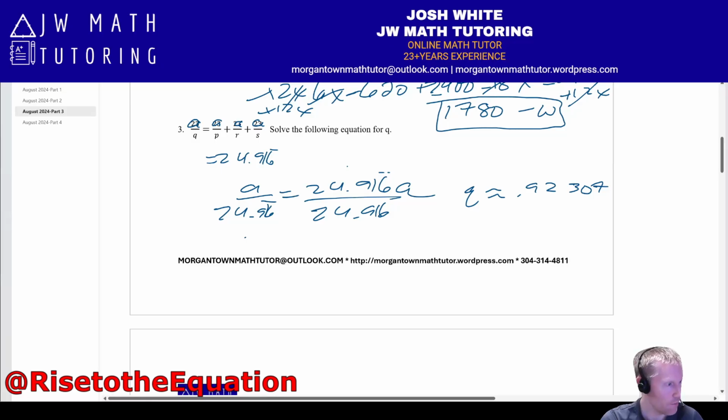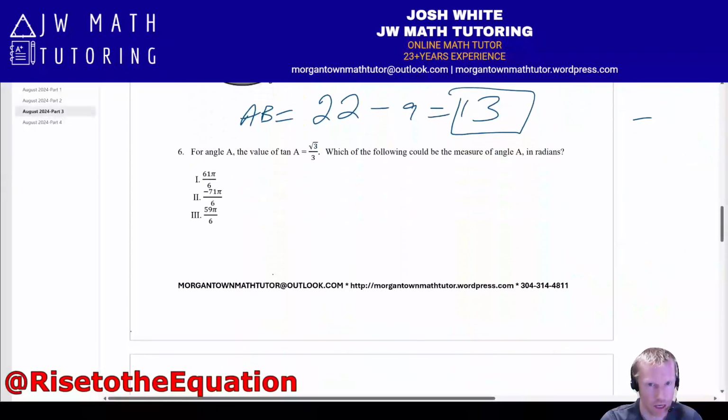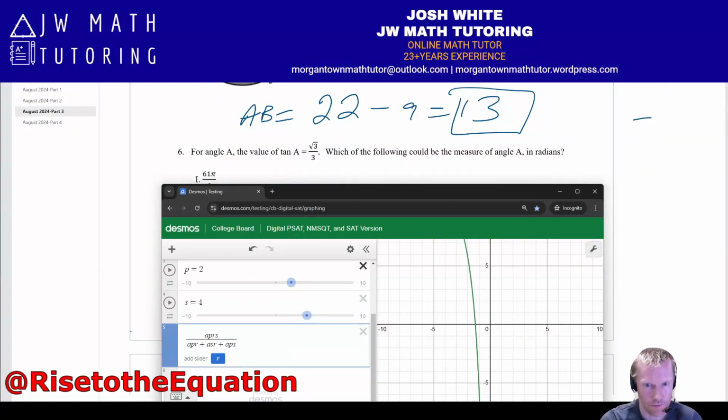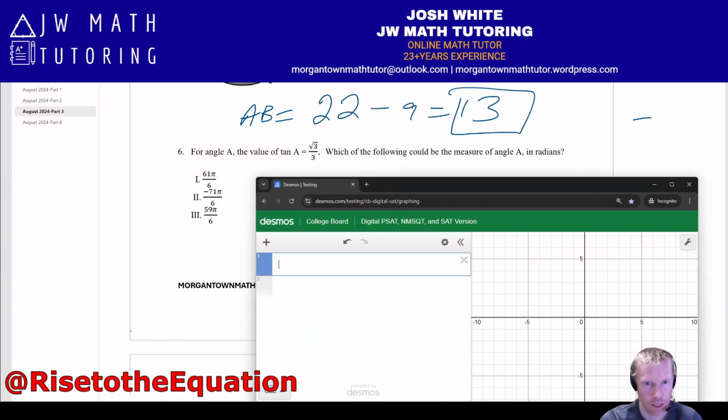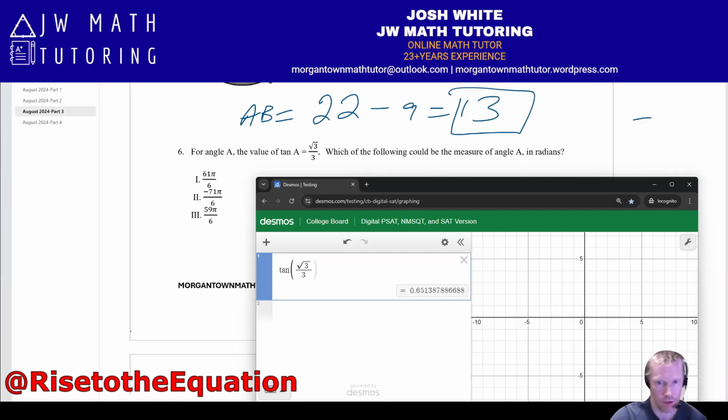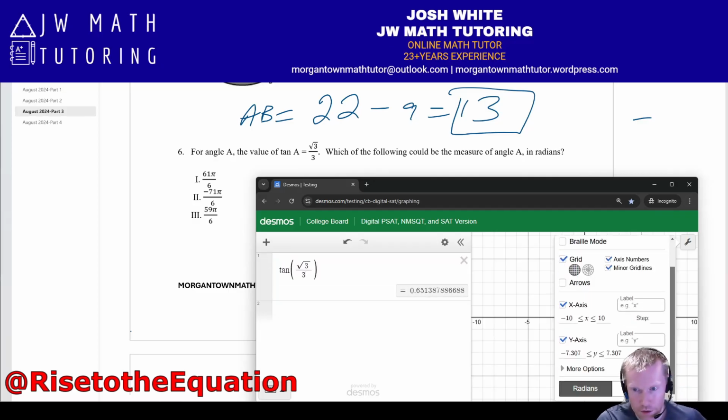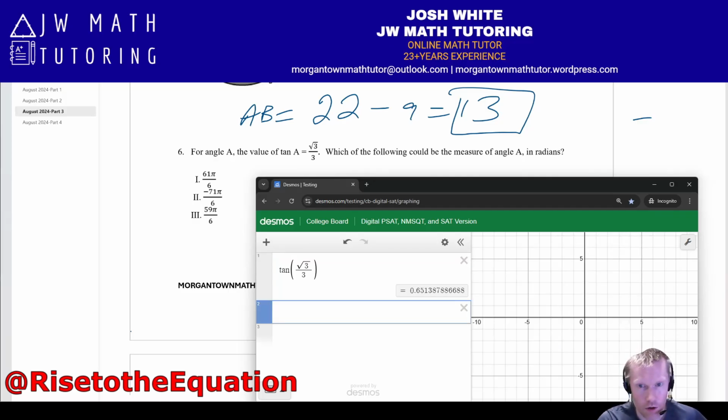All right, next up we have number 6 from this same test. Okay, this is the tangent one. So an alternate method you could use to solve this is, again, you could just type tangent of square root 3 divided by 3. Make sure you're in radians. Need to be in radians, which we are. Okay, good. And now what you could do,